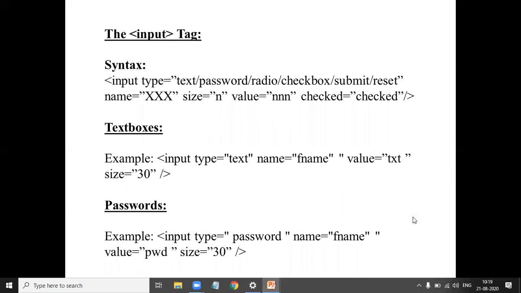Text boxes to enter text, password to enter a password, and check boxes are used to select one or more elements, and radio buttons are used to select only one element.